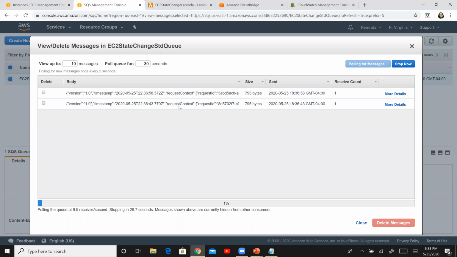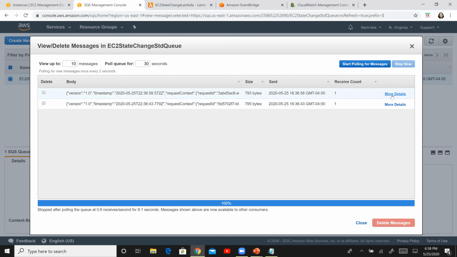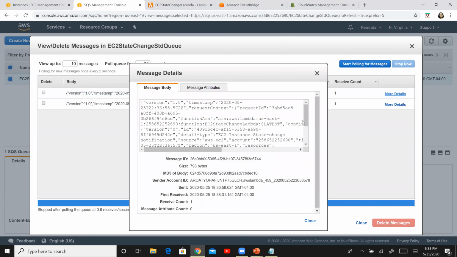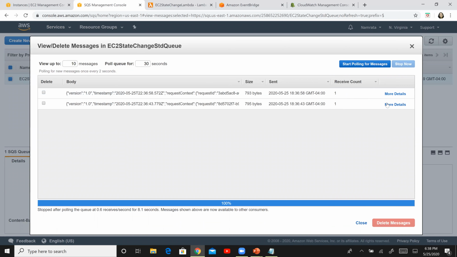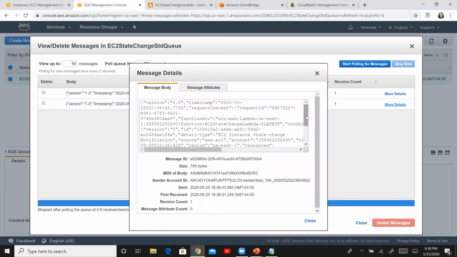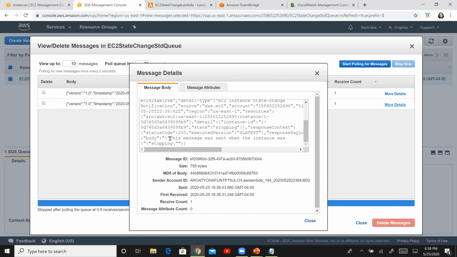So we have received 2 messages, of course, one for stopped and another one for stopping. I'm going to stop polling. So if you scroll down, you will see our custom message, right? This message was sent when the instance was stopped. And there should be another one. This message was sent when the instance was stopping.